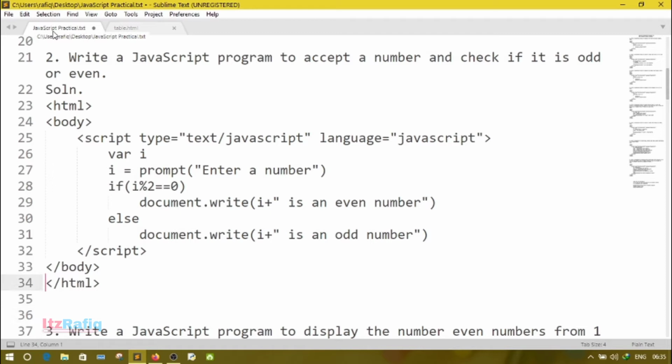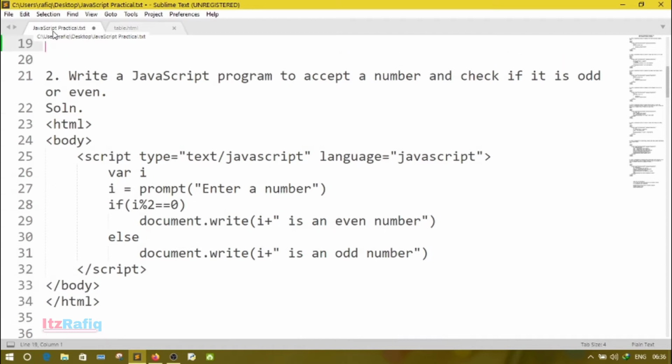Write a JavaScript program to accept a number and check if it is odd or even. Now odd and even numbers, I think all of you know. The numbers which are divisible by 2 are known as even, and the numbers which are not divisible by 2 are odd. So to do this program we can use the if and else statement. The first 3 lines are compulsory only, HTML body script.